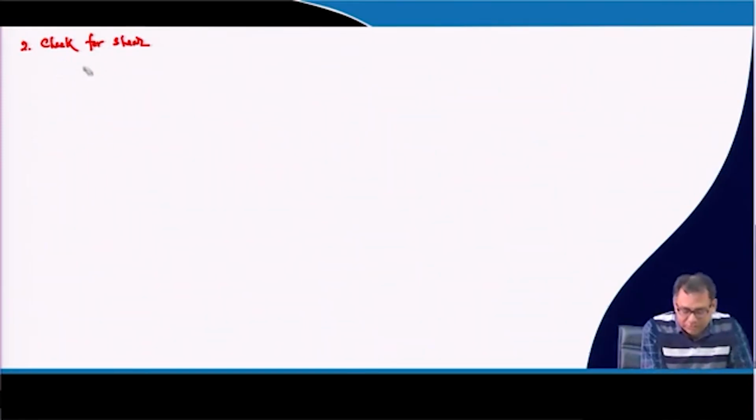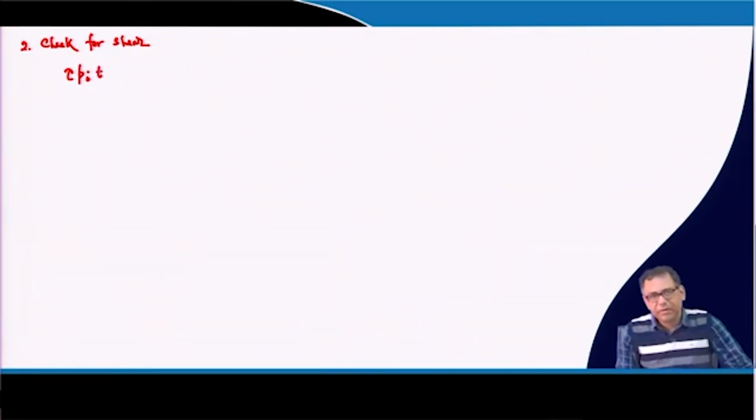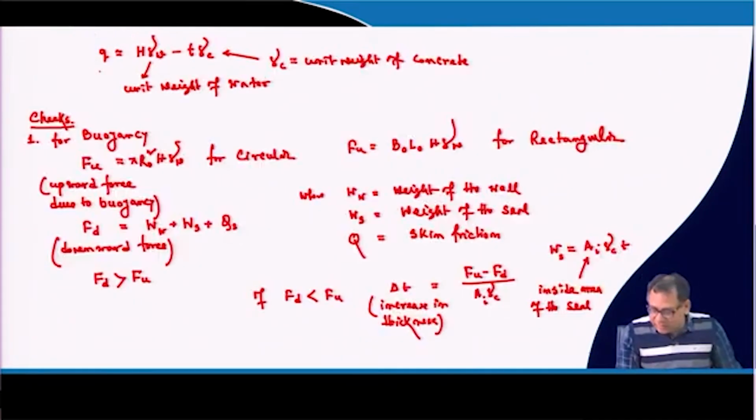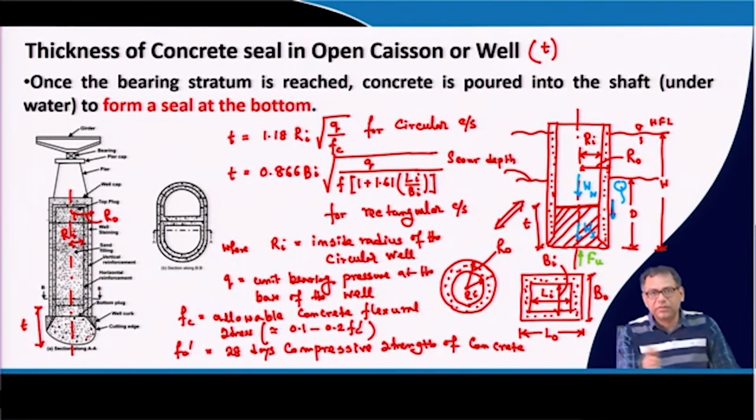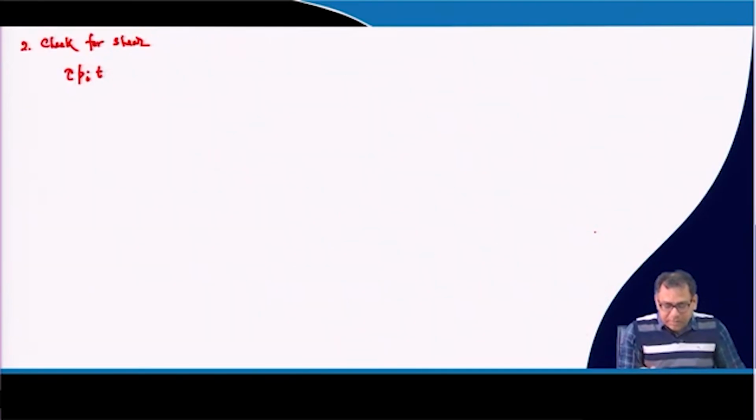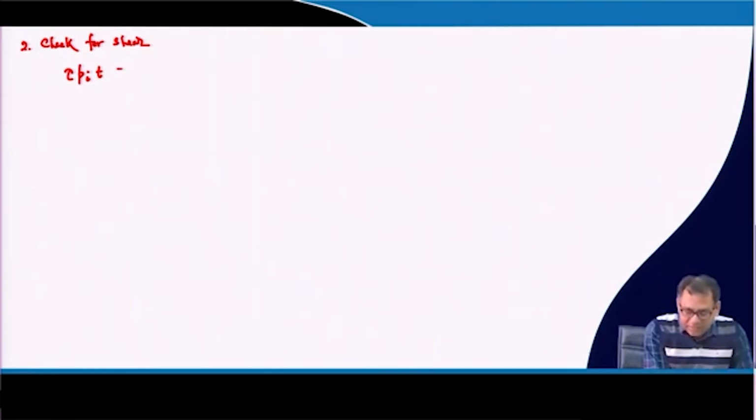the total shear force. First we will calculate inside the well. So total shear force will be the shear stress that is developed into the inside perimeter of the seal and thickness of the seal. So inside perimeter the shear stress or shearing will develop on the outside surface of the seal. Okay. So that means here we can write the inside perimeter of the seal into thickness into the shear stress that is developed. So that will be equal to